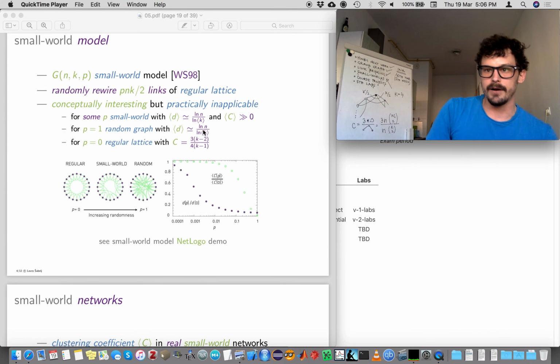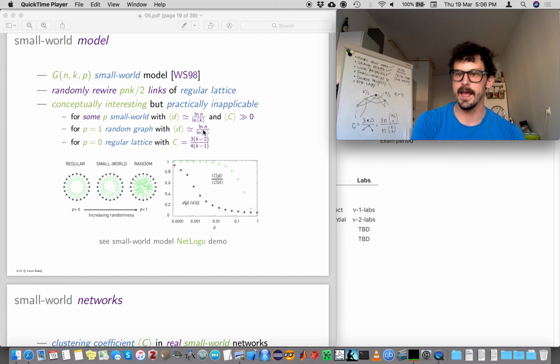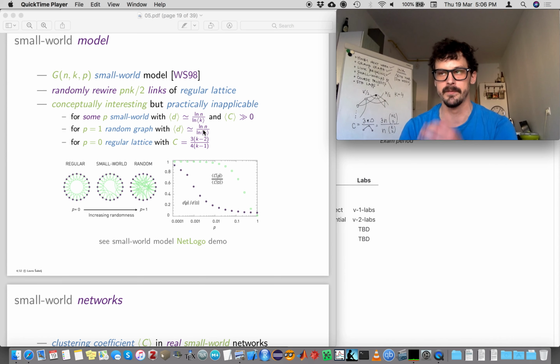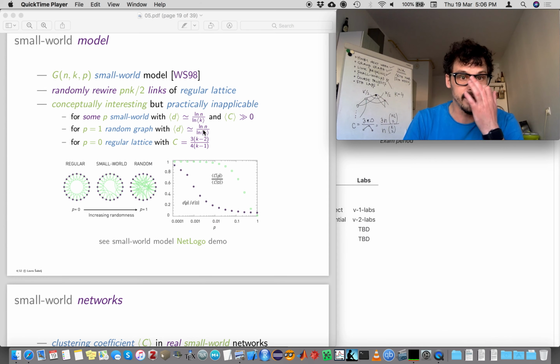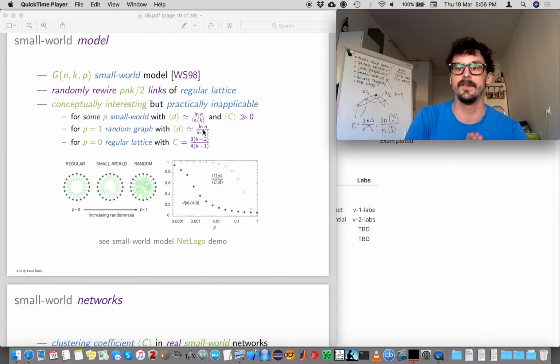But it turns out that when you do this rewiring, somewhere in the middle it happens that you will get high clustering and short distances. And you can imagine that you're not allowed to rewire a lot of links in order to keep the clustering high, in order for our graph still to look like a ring lattice, but you should just rewire enough links to make